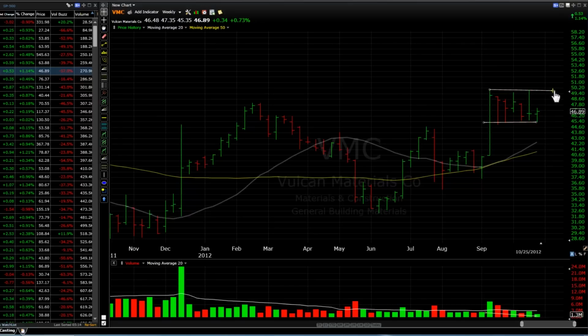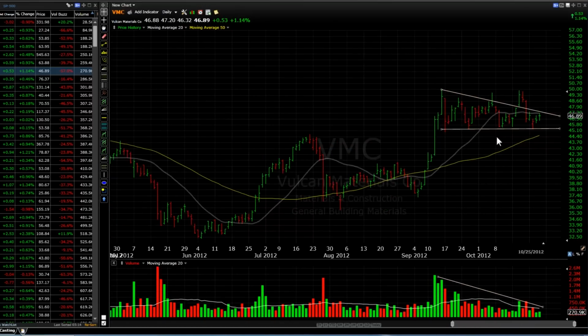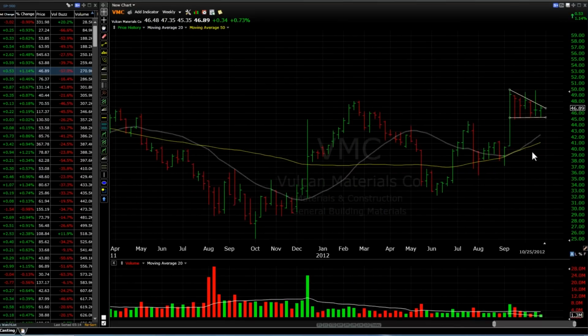Now there's nothing wrong with putting that resistance level if you're assuming that that's resistance. That's okay, but it really does look a little bit more formed like a pennant here or a flag shaped pattern. Now this one was not too bad. Again, let me show you the difference. That's the daily, and then we switch it, that's the weekly.